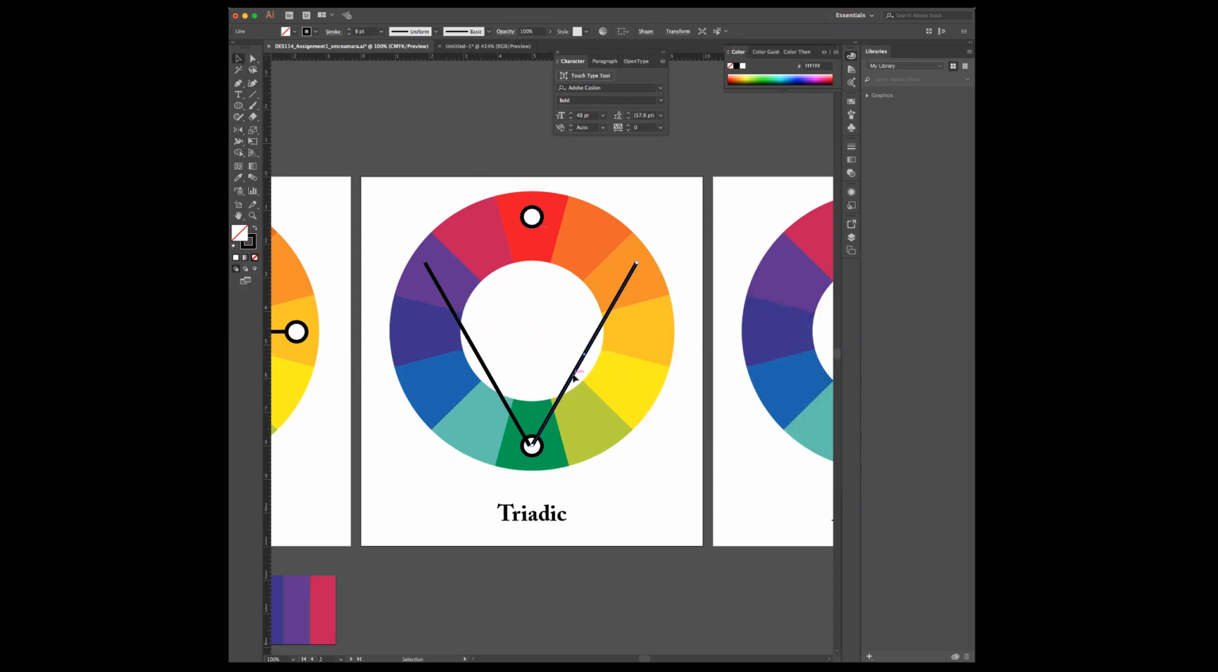Okay. And then all you need to do now is copy and rotate this so that you have a perfectly straight line. Or you could just create a new line, you know, if you can't get that completely straight across. So what we're pointing at is the triadic colors on this color wheel, which are